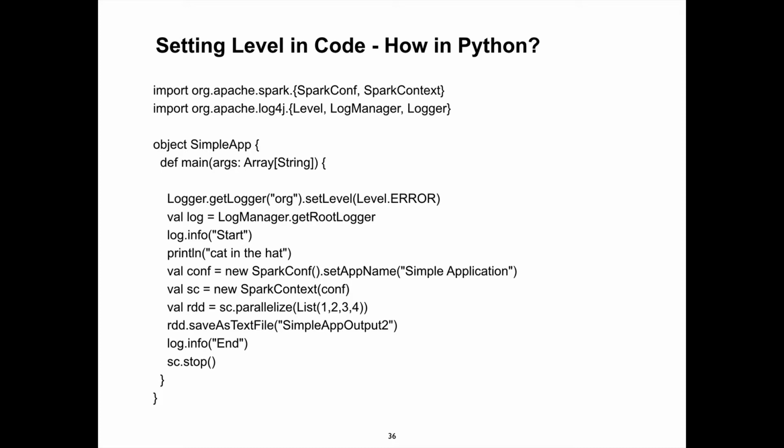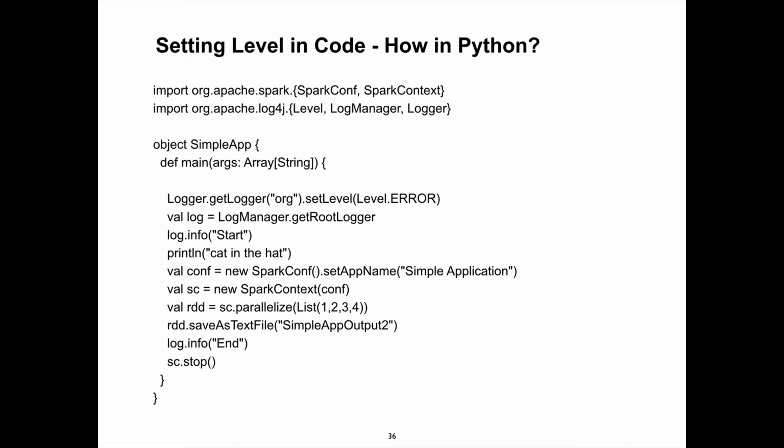So here is an example in Scala. The syntax is going to be slightly different. If you just get rid of that stupid object thing, replace the curly bracket with a colon, and get rid of all the vars or vals, you pretty much have a Python program.